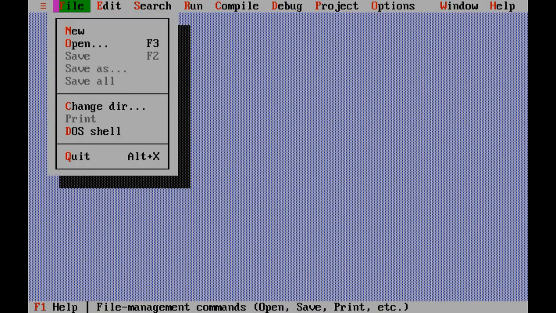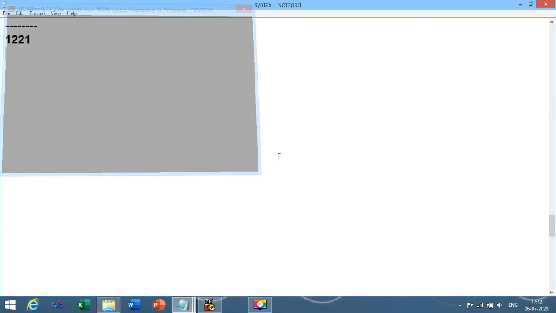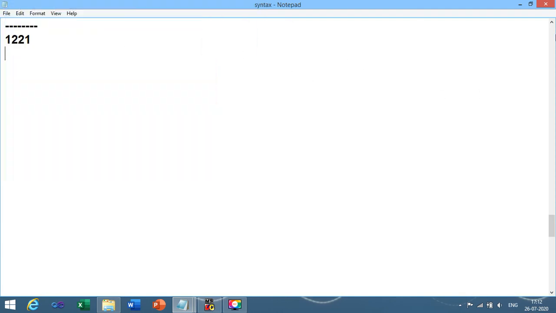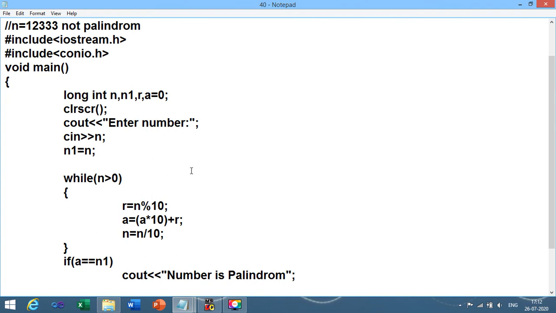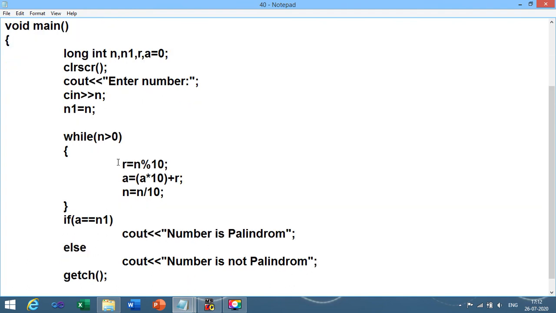Let me close the program and share the notepad file regarding these programs. This is the first program, palindrome. You can read from the left hand side or from the right hand side, and both numbers are equal. I have explained the logic for the same. Here it is used to separate each digit from the right.